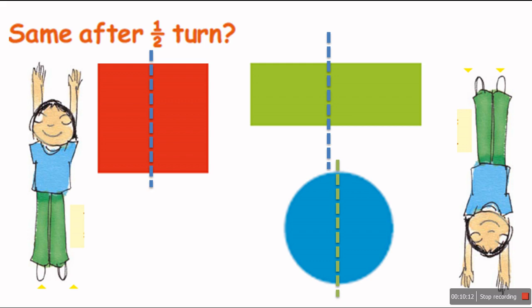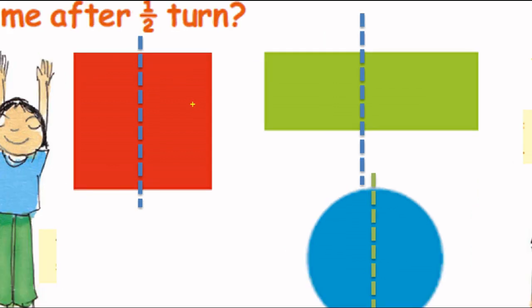Many objects will change after a half turn, depending on whether there can be a line of symmetry like this, and like this. Two lines of symmetry should be there. If both lines of symmetry are there, then a half turn will not make any difference, because these three shapes have both lines of symmetry. If one horizontal and one vertical line are lines of symmetry, then a half turn will make no difference.